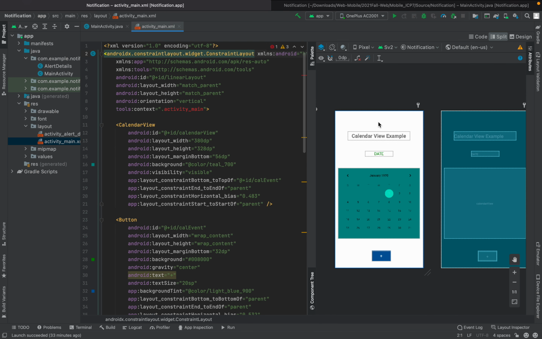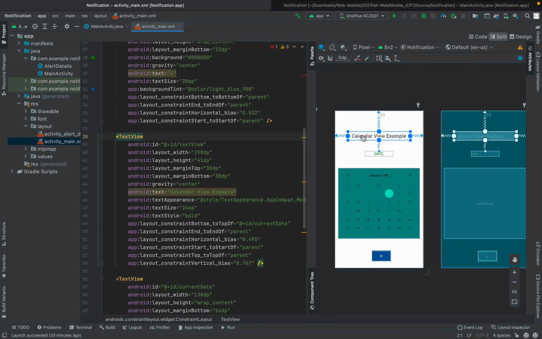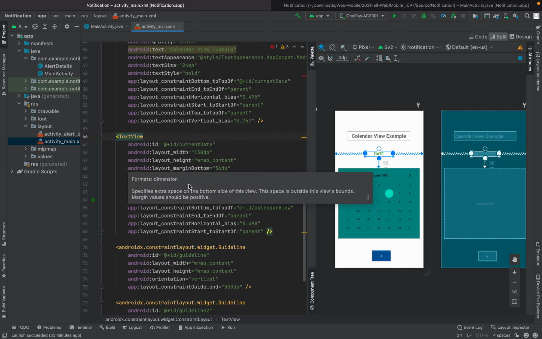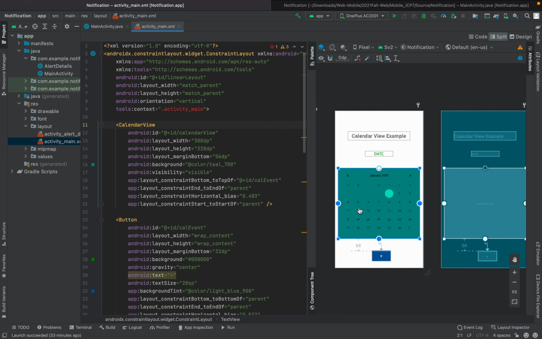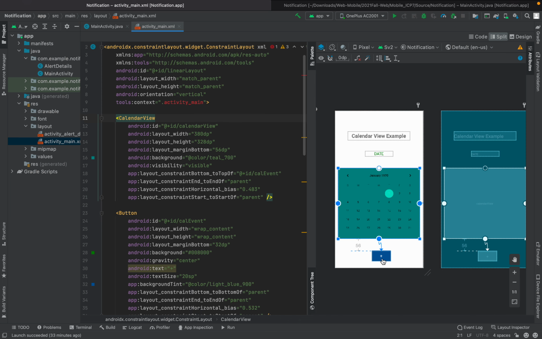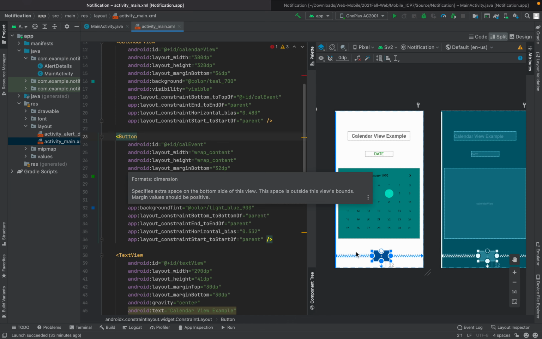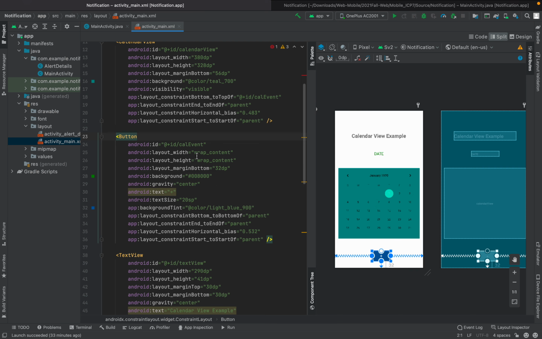Then let's move to the activity_main.xml. This is just a simple constraint layout, as we have seen in previous ICPs. This is a text view, with the width, height, color, background and all of the information already set. And this is new, where we have used a calendar view to show this box, and we have set its layout at the center, so it will look good on our device. And then there is the button. It's just drag and drop here. Whenever the user clicks on this, it will open the application.